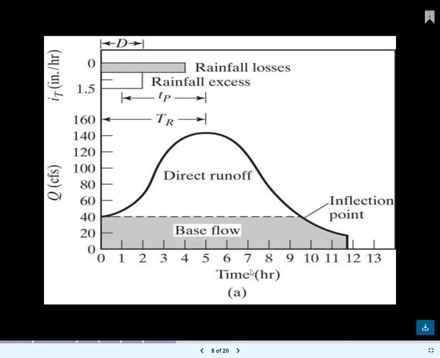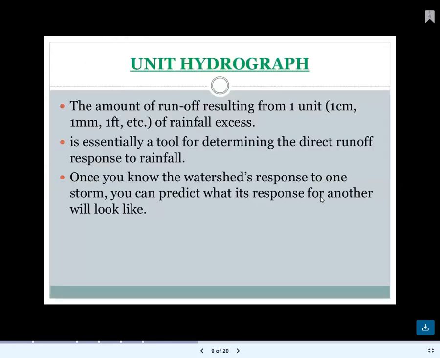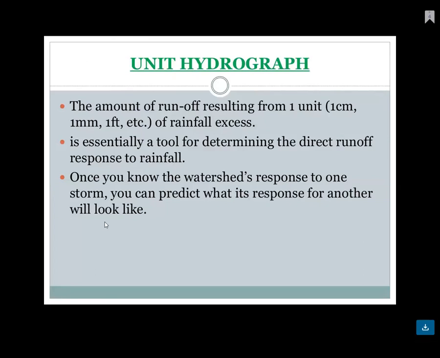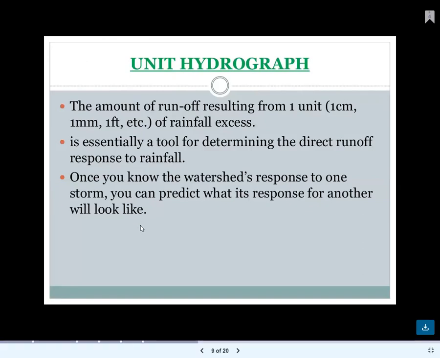Okay, so here we go for the next. The amount of runoff resulting from one unit, that is 1 centimeter, 1 millimeter, 1 foot, etc. of rainfall excess, is essentially a tool for determining the